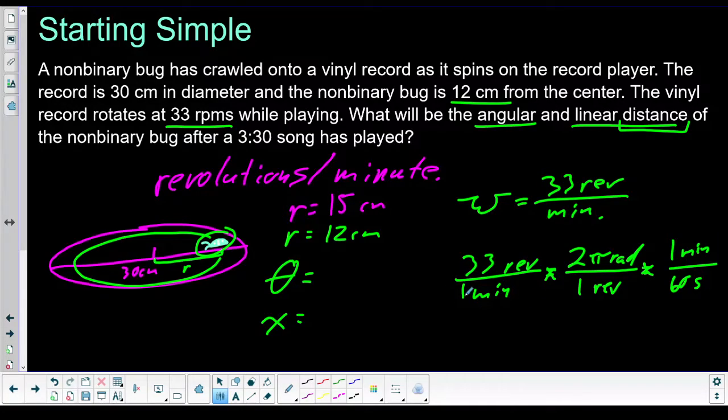So on the top, we have 33 times 2 times pi. So we could either say that this is 66 pi per 60 seconds, or we could say that this is